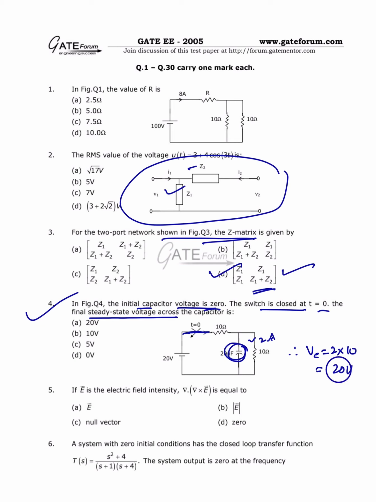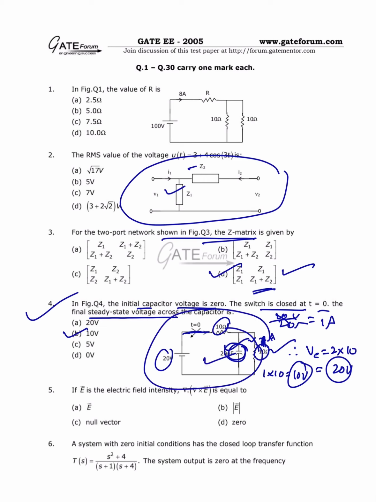No. 1 ampere flows, because these two are in series. It becomes 20 ohms, voltage is 20 volts. This becomes 1 ampere. So what is the voltage across this? 1 into 10, 10 volts. So the voltage across the capacitor is 10 volts. This way. So practice more on transients. I'll take a separate class on this,